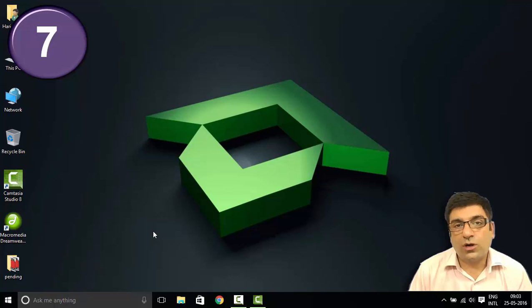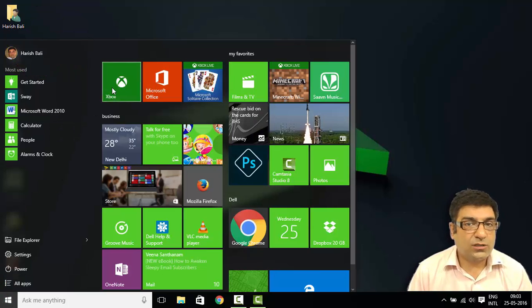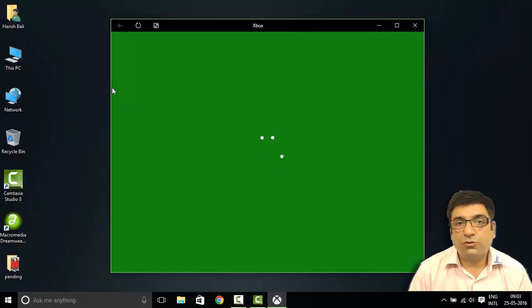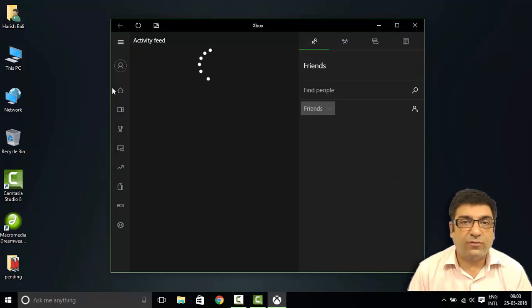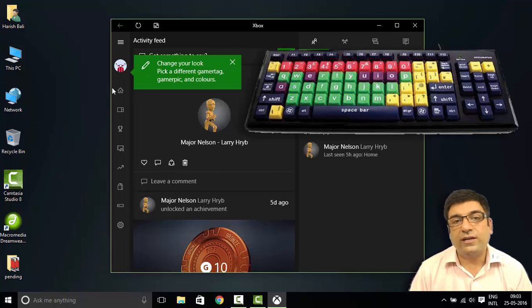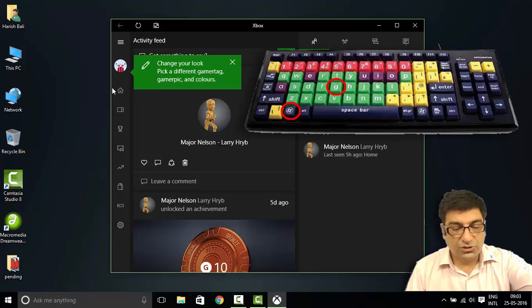Another feature is the new Xbox One application. It has the ability to control Xbox One. You will need to sign in with a Microsoft account. I have already done that. To start the recording while you are playing a game, simply press Windows key and G